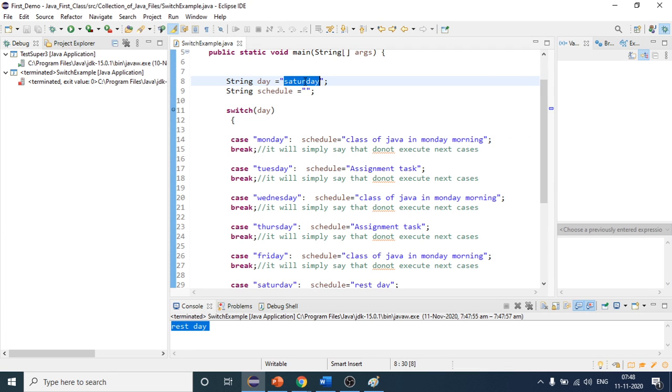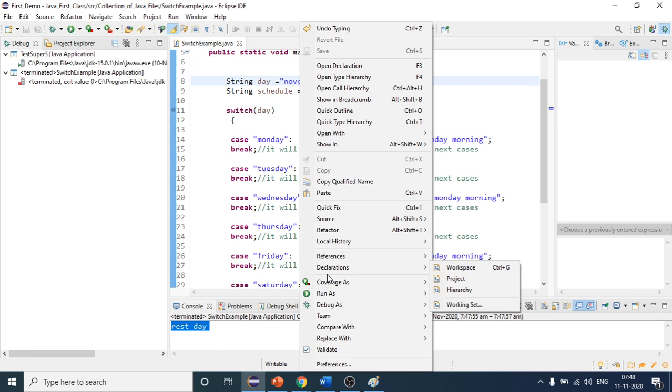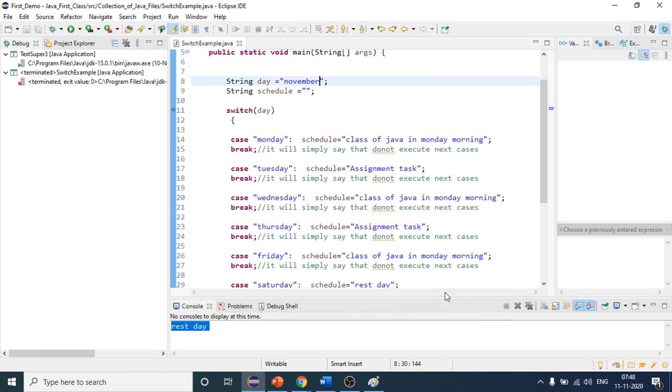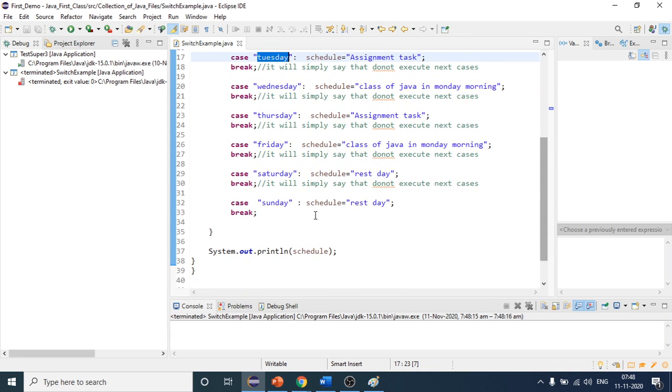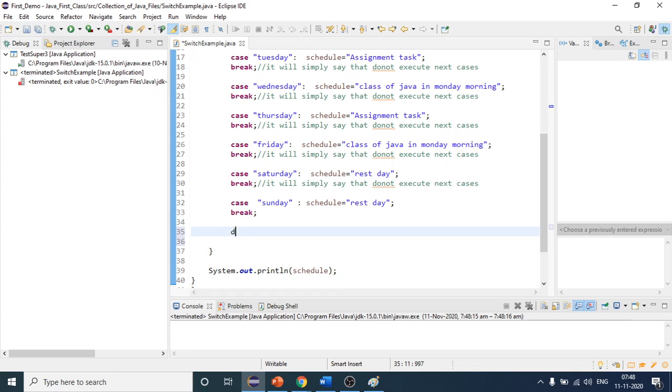But suppose I write something like November, instead of day I will write November. Suppose, right? What will happen if I write November? You will see we are not getting any output, because November is not a weekday, right? So it is the month name. So in that default case, I will put one condition: if someone enters the wrong month, then what I will do, I will just say